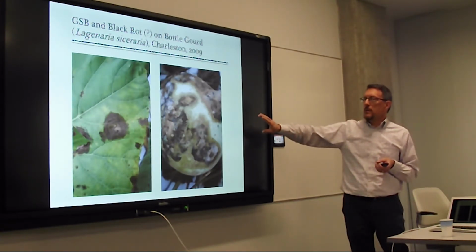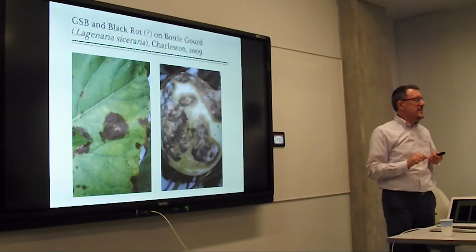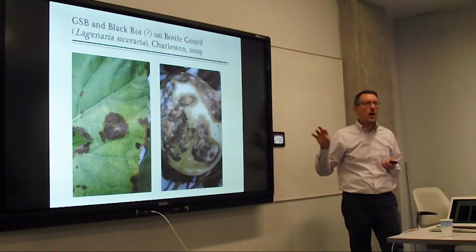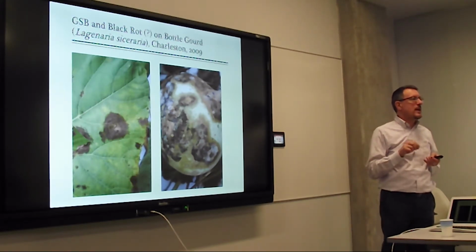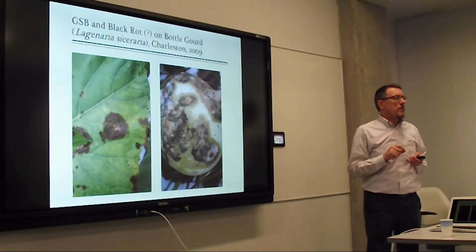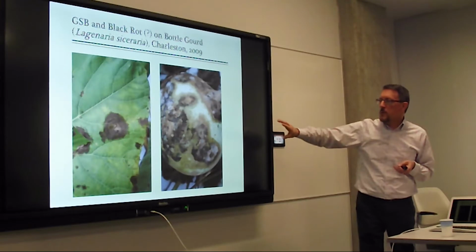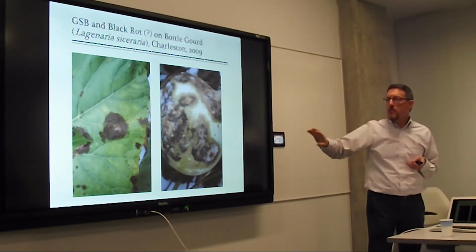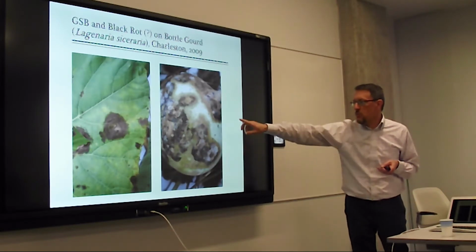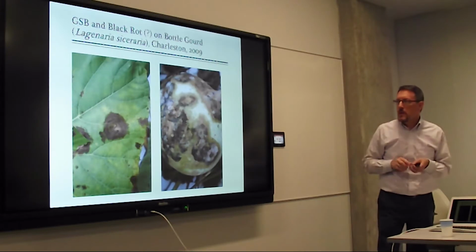Now, I cannot honestly stand up here and tell you that all of this disease is caused by Stagonosporopsis because the fruit are also very susceptible to Keinath. And it's difficult to distinguish those two fungi based on symptoms. But I do think because of the extensive water soaking on this particular fruit, there is some Stagonosporopsis on this